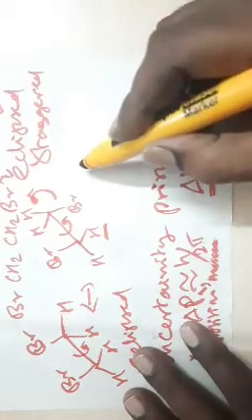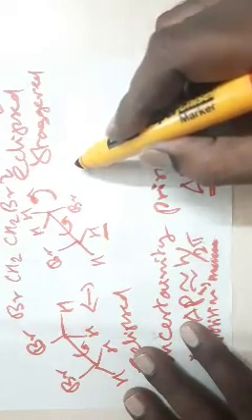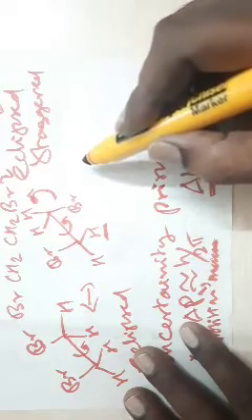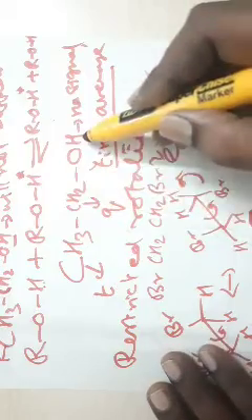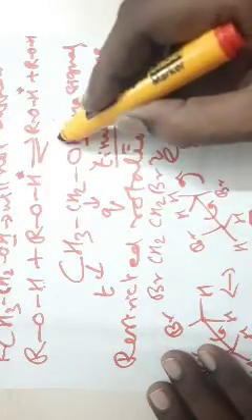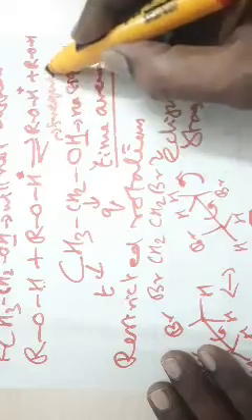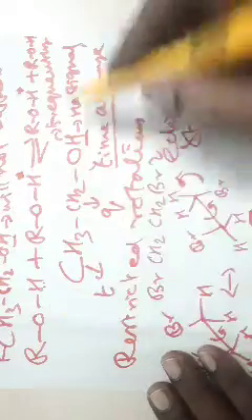If the nuclei stays in one position for a sufficiently longer time, the time of residence we can say, the time taken for the nuclei to reside in one place, if it is longer, then the spin-spin coupling is observed. Here, we don't observe the spin-spin coupling with these protons because this proton is frequently exchanged with the solvent as well as with the other alcohol molecules.